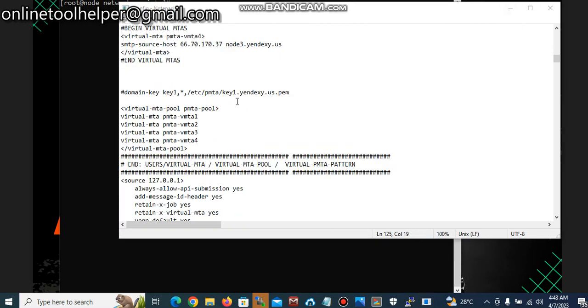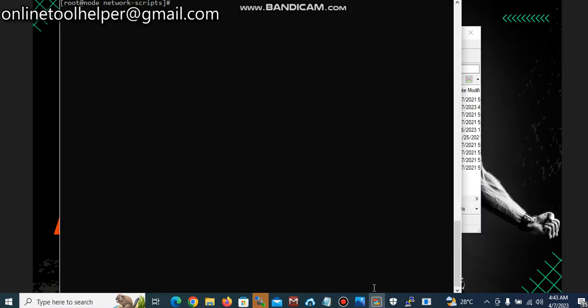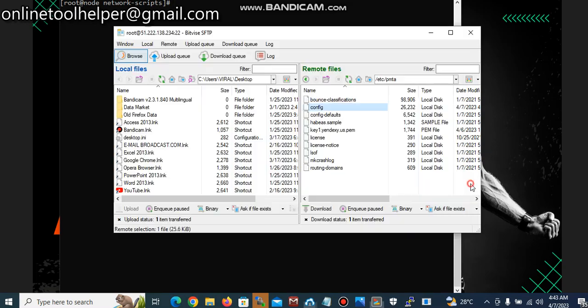So once the whole configuration is done like this, you just go on file and save this. Once it's saved, let's check if it's successfully saved. Okay, from here